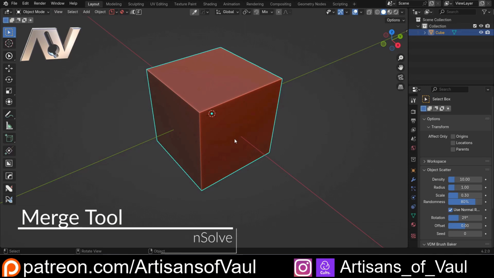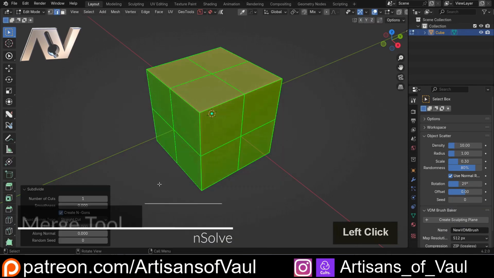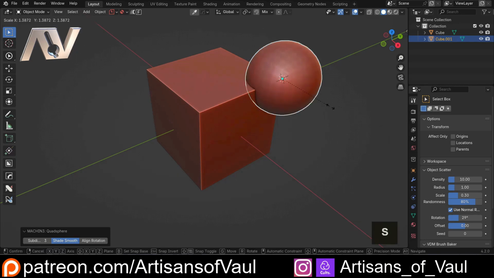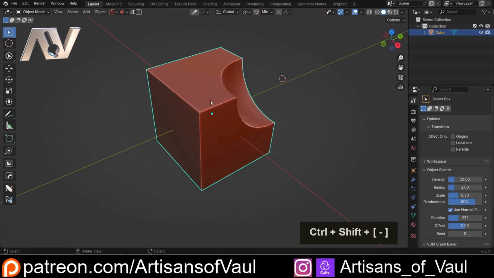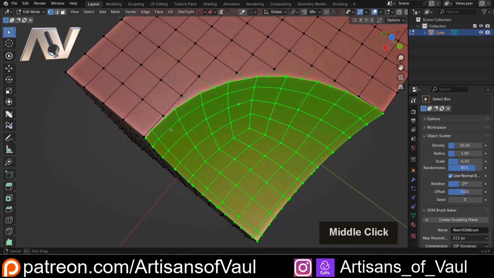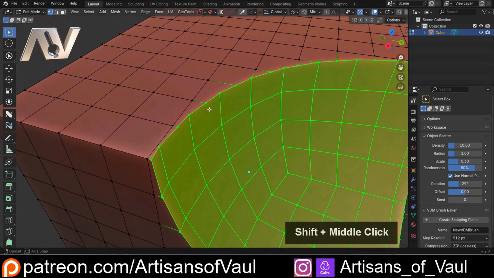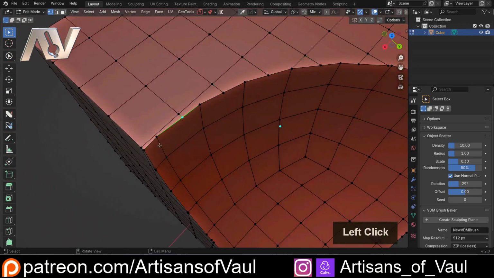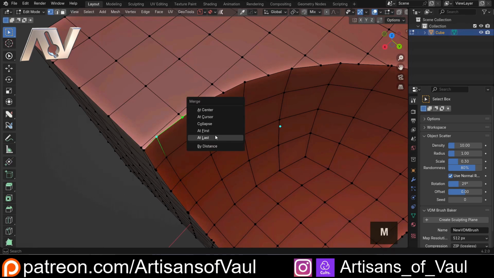So to look at this merge function, we're going to set up a Boolean issue where we're going to have a cube, we're going to subdivide it to make it easier to merge together later, and then we're going to Boolean out this quad sphere. Now looking at this, it has got a lot of awful geometry on it. There'd be a number of ways of solving this, but one thing we'd want to do is try to get these quads. So what we'd do normally is click there, shift click there, M, and then merge at last,